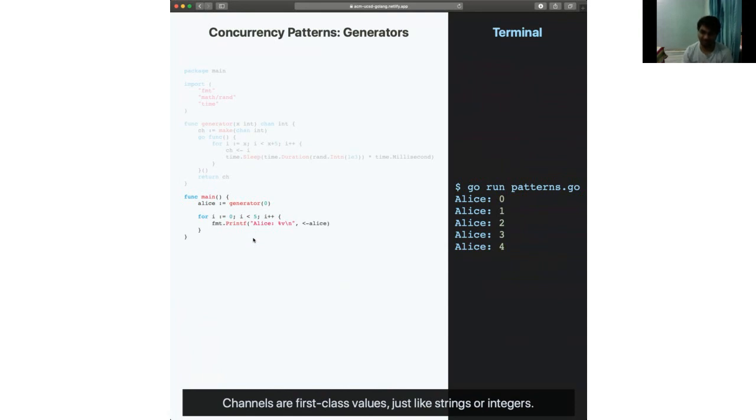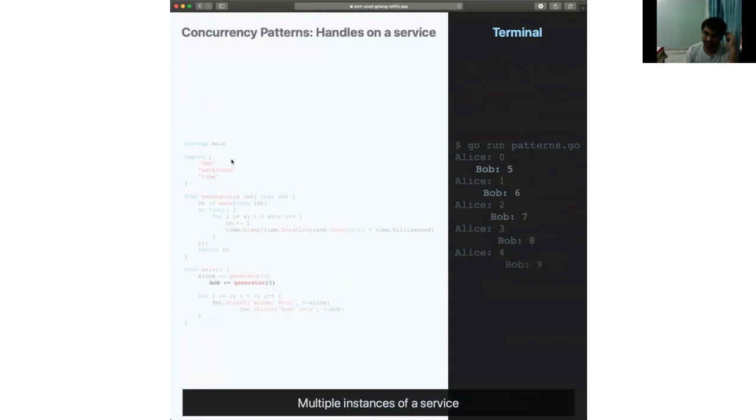But this is not very useful, right? Because I'm not achieving anything out of it. I'm still taking the same amount of time. In fact, I think you'll be taking more time because there are some interesting things about how the threads are managed. So I think this actually takes longer than just having a loop that iterates from 0 to 5. But there's some interesting things that we can do with it.